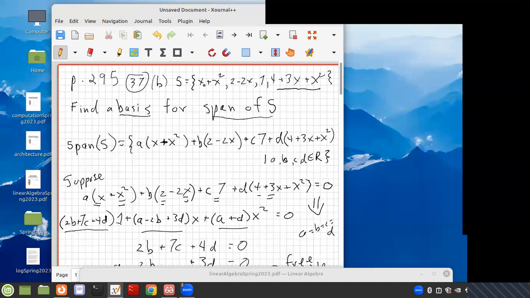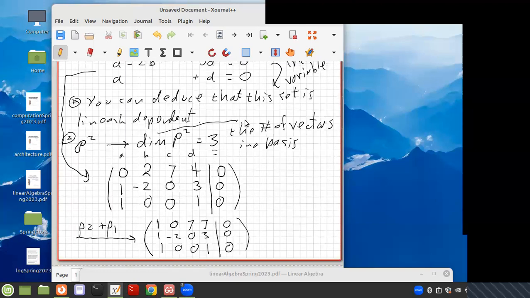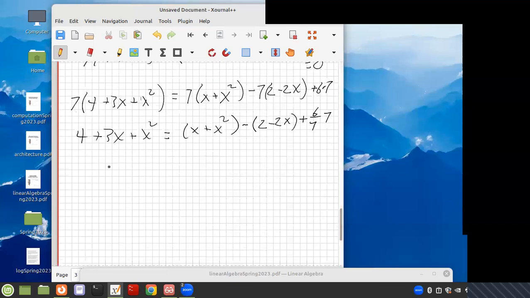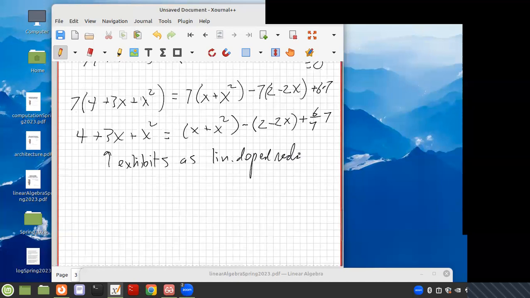So I can keep these other simpler vectors, the x plus x squared, so I can see that this exhibits a linearly dependent vector. And so I can say that the span of S is going to equal